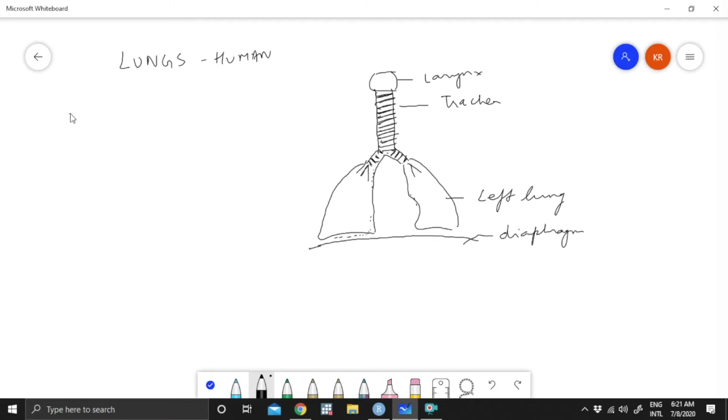so here we are showing that the first part is the larynx, but before that is a pharynx, and of course the nose. So the first part will be the nose, then the pharynx, then the larynx through which the air comes inside. Then there is a trachea. The trachea has got many C-shaped